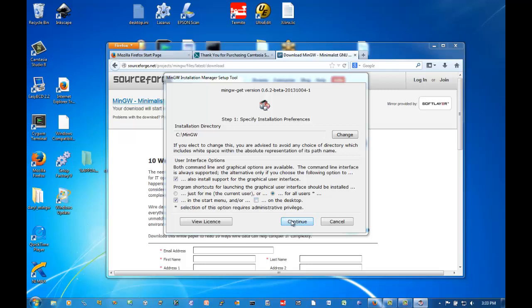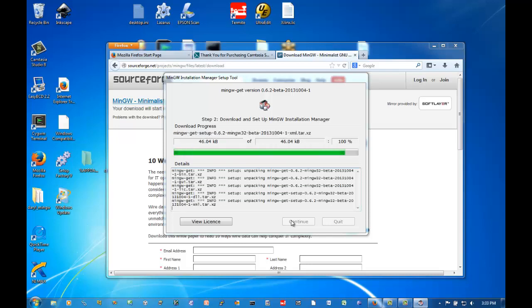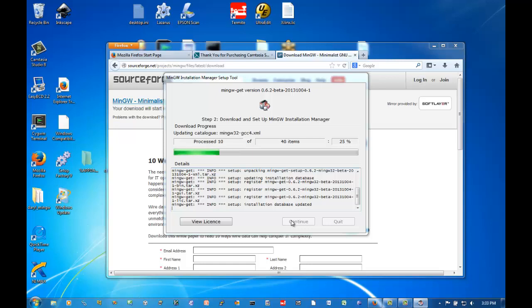And so I click continue, and it will do some work to download some initial stuff, which will take just a few minutes. There will be, as of the time that I recorded this, I think 109 items over here in this section. This will take just a few minutes to install. Once it gets up to 40, it'll download some more items, and you see that it's got those. So it's downloaded all those items. You can look at the details to see what it did, but the main thing is you're going to click